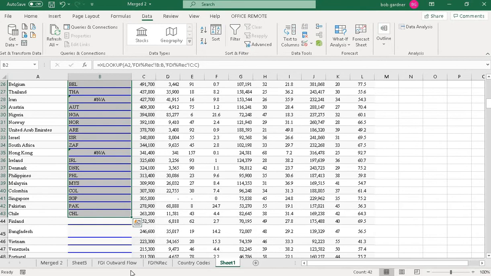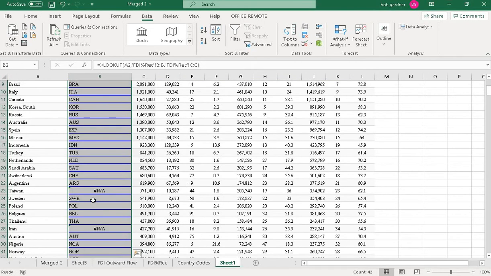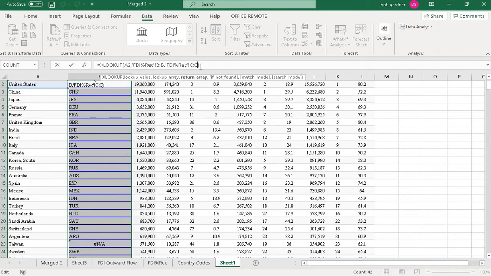Now you can see some of the values are not showing. These are values which either have a different name or are not available. I can also do one thing: if I want to select the values from a different sheet, I can place another XLOOKUP formula in the fourth argument, if not found.